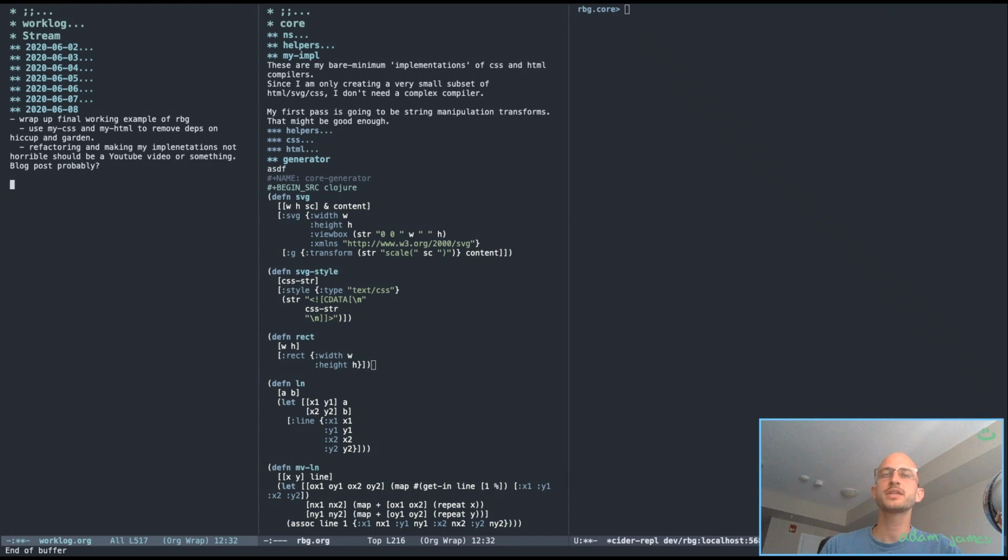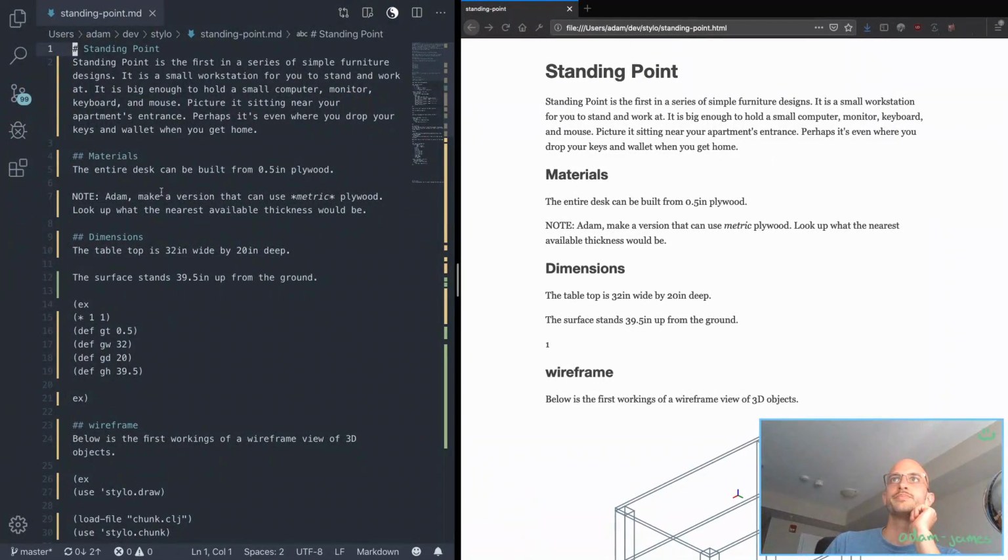So that's not going to take too long, I hope, because I have the idea for how I want to finish it up. And then after that, theorize and test out some ideas for a better data structure for 3D objects in my Stylo library, right? So all that means is here,